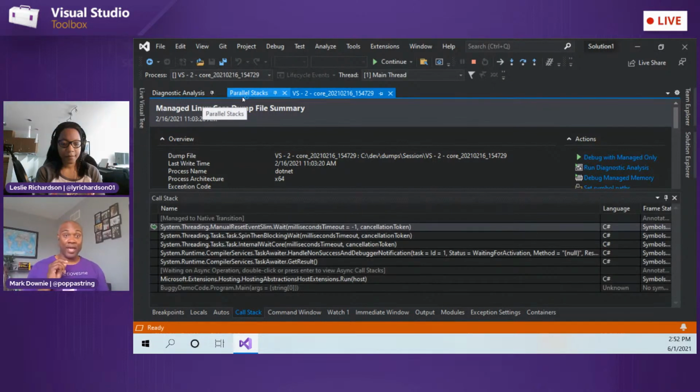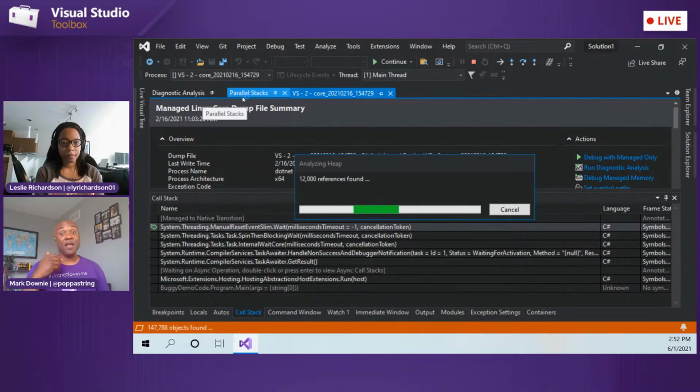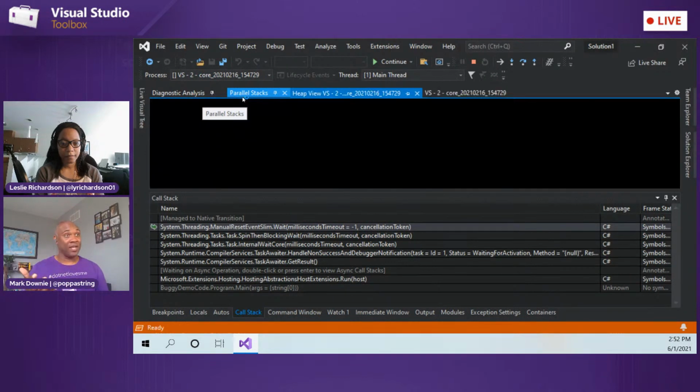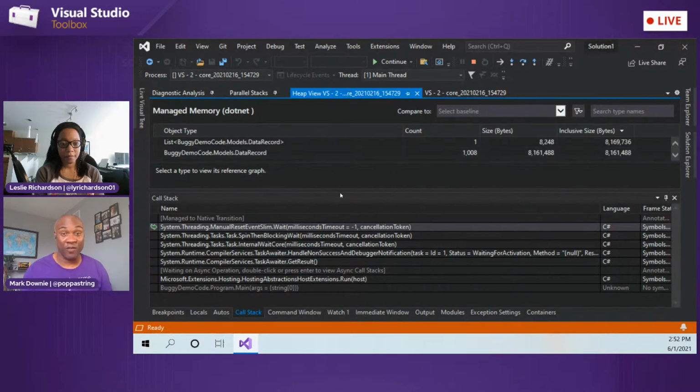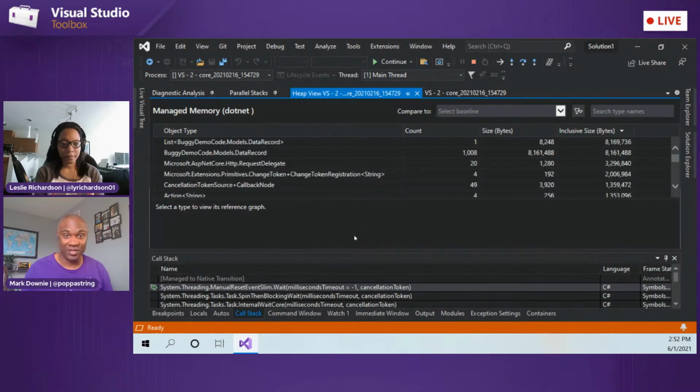And what we'll get a chance to look at is the memory, analyze the heap and look at the memory. And it should look very similar to the thing we were just looking at, because again, this is a Linux core dump. GC dumps have always been a cross-platform format, but this is the first time we've been able to take GC dumps